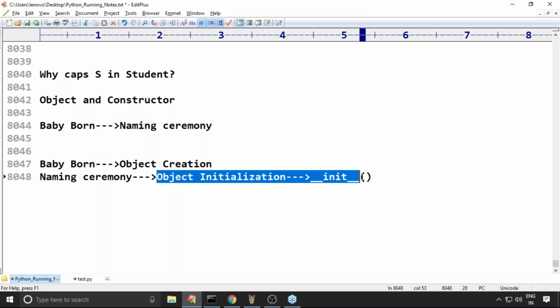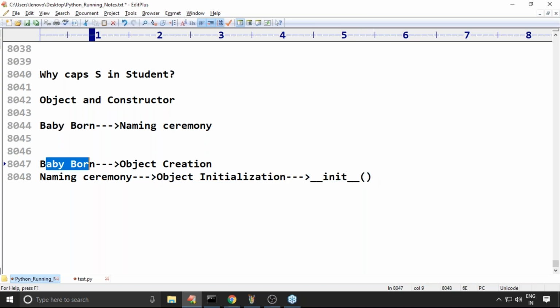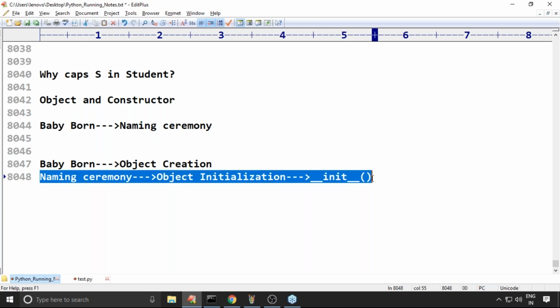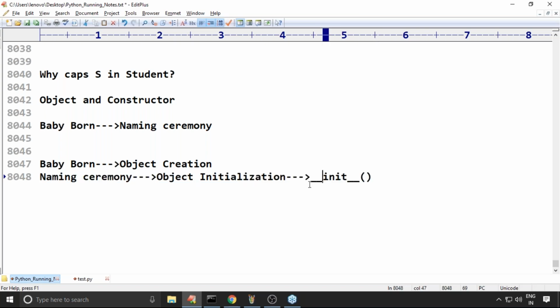Baby born is object creation. We do the naming ceremony manually after 21 days, but the Python virtual machine won't wait. Immediately, it does the naming ceremony for the newly created object by calling init. Clear, right?